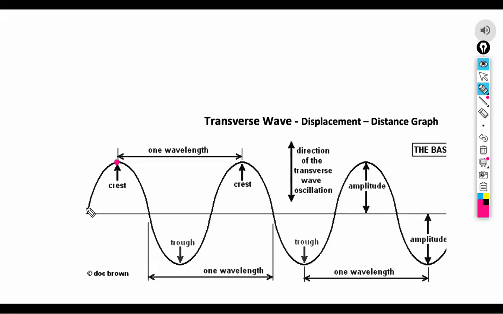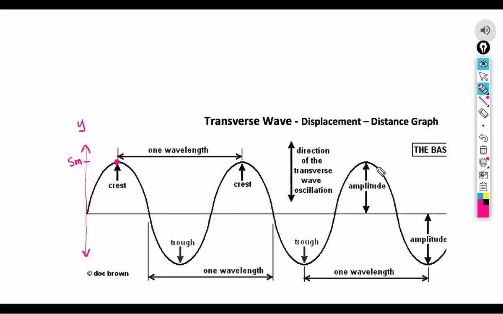Let me just give you some values here. Let's put an X and a Y axis here. So if this is the Y axis, let's say this is a water wave. Let here be 5 meters, so the wave is going up to 5 meters. The crest is just the top of the wave. It doesn't have a value. It's just like you're surfing and somebody asks you where you are. If you are at the highest point of the wave, well, then you say you're just on the crest. You don't call the value.